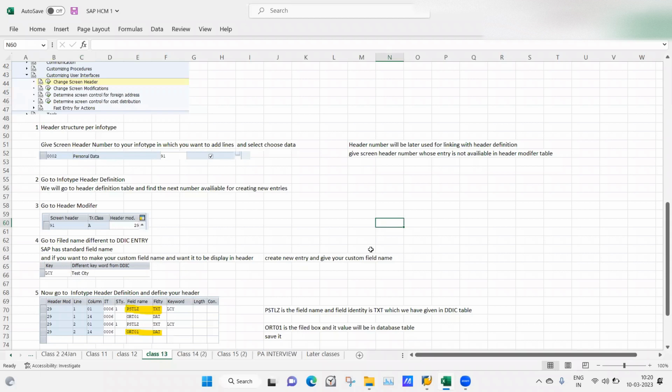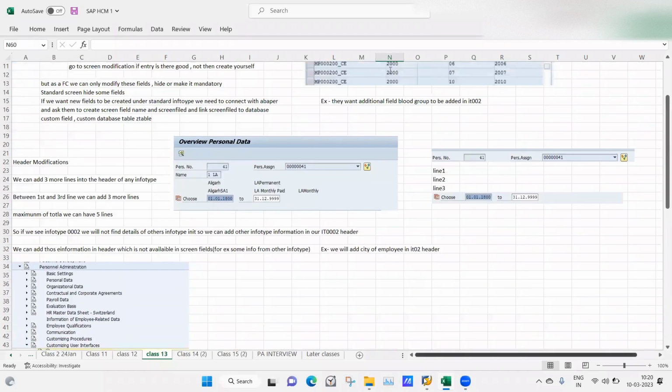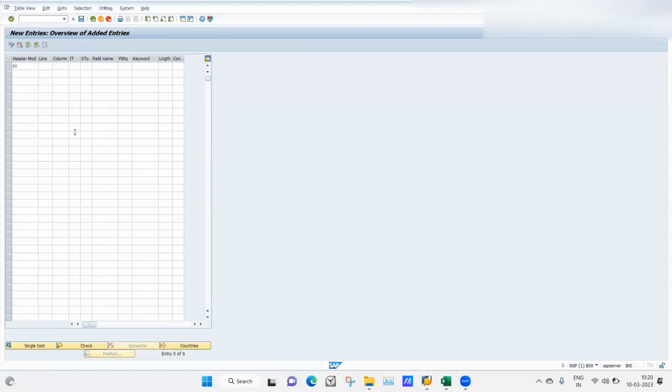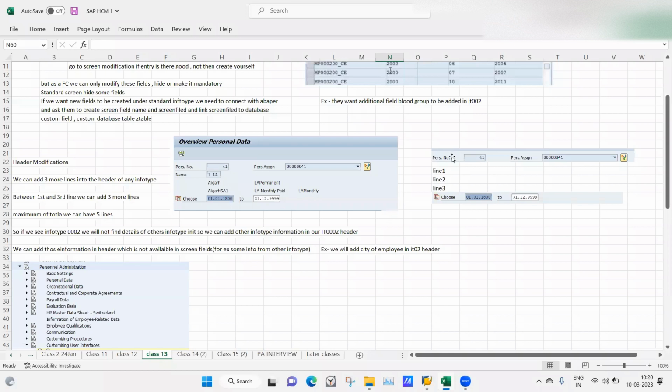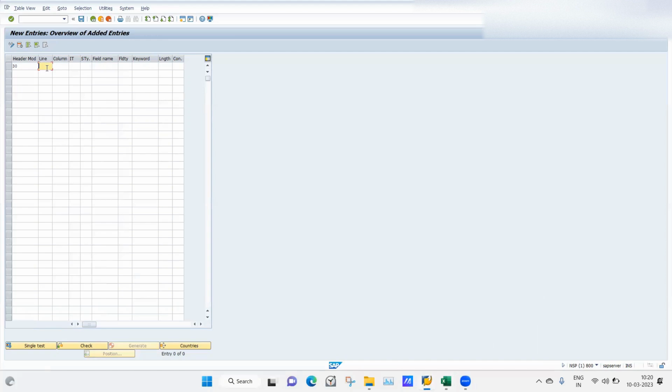Now here you will see there is one field coming, line. Here it is asking us to enter the line. We consider the line between them as 1, 2, 3. So the second line we will consider as line 1. So here I will give the line number as 1. Column will be